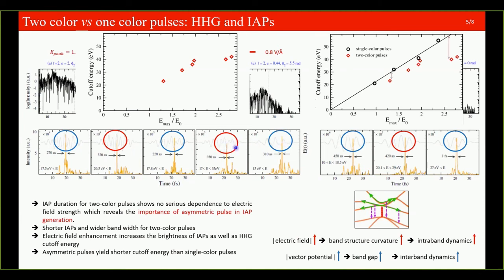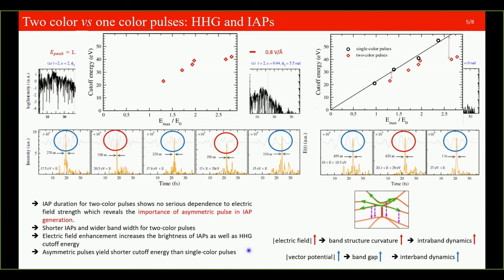and vector potential extrema. For example, in the red case, the isolated attosecond pulse is extracted at the electric field extremum, while in the blue case it is extracted at the vector potential extremum, or electric field zeros. It comes from actually different mechanisms of emitting harmonics in each isolated attosecond pulse.